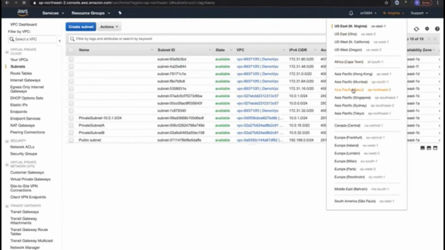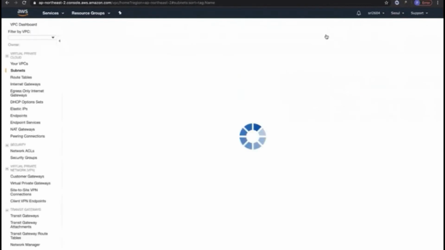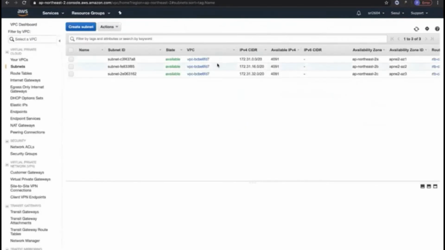So whenever you purchase a new AWS account, every region comes with a virtual private network, right? It's a network where you do launch all of your resources, like your virtual machines or your database instances and so on. So each and every region comes with a default virtual private cloud. And you can see over here, your availability zones are mentioned. So for the Seoul region, you do have 3 availability zones: AP Northeast 2A, 2B, and 2C. And when you choose other regions, you'll be able to see the respective availability zones for that region.